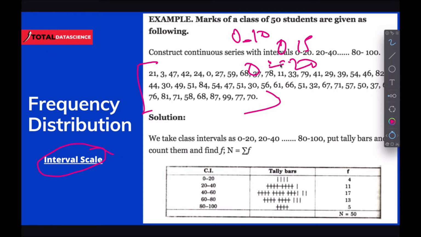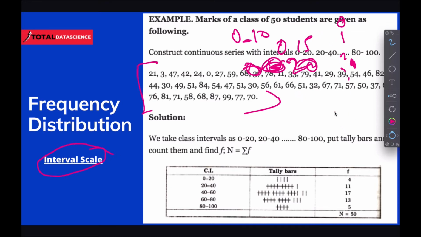Any data point that falls within 0 and 20 will be counted, and the frequency noted down. Instead of finding how many zeros, how many ones, twos, threes, all the way to 50, which would be a very long table,